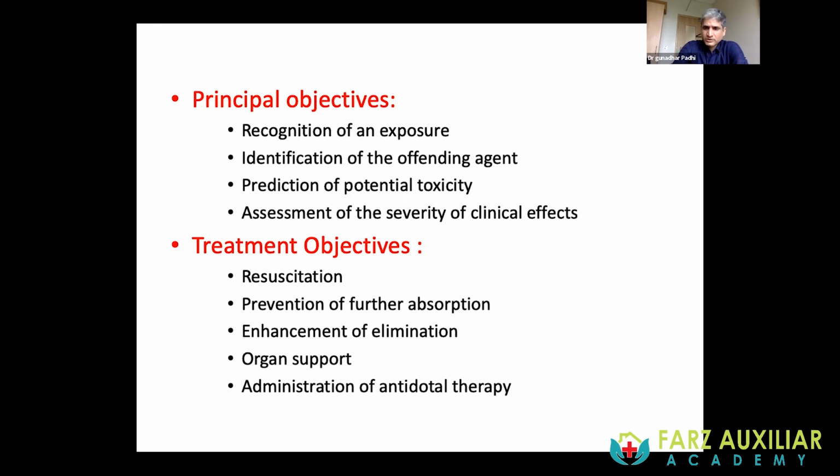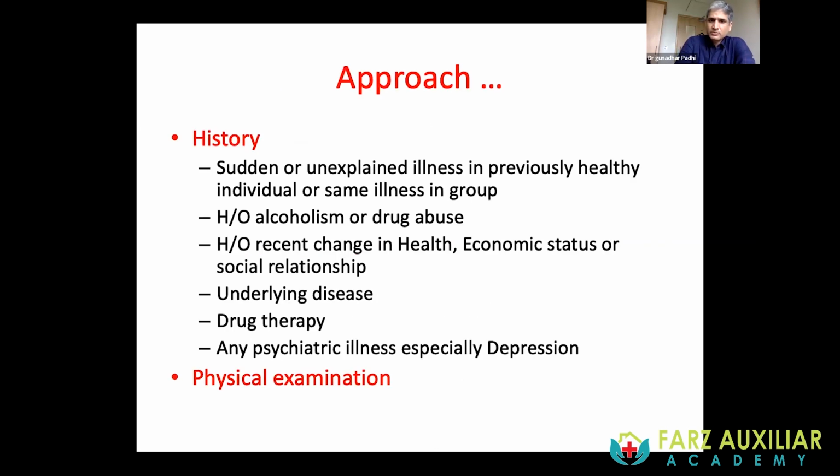What does an antidote do? Basically, it produces a chemical reaction so that it will chelate the toxic substances in the body. How do we approach? Very simple. First is sudden or unexplained illness in a previously healthy individual, history of alcoholism or drug abuse. Always ask for history of recent change in health status, economic status, social relationships. Always ask for underlying disease condition, what drug the patient is taking, any psychiatric illness, like if the person is suffering from depression,